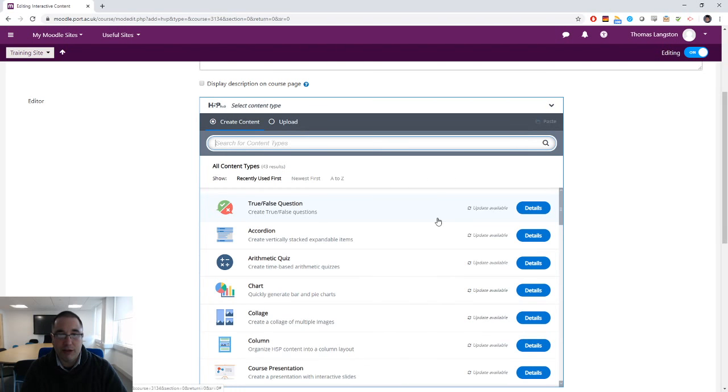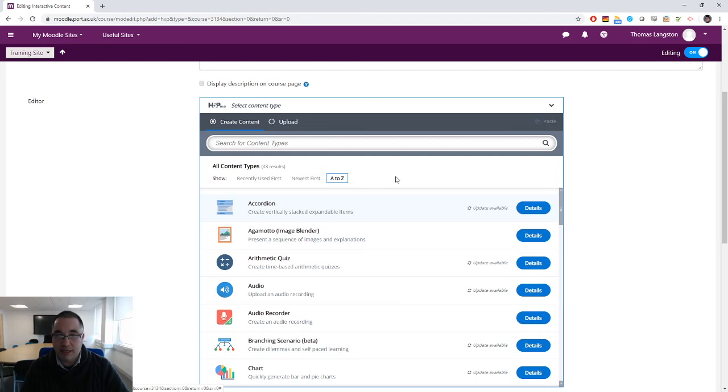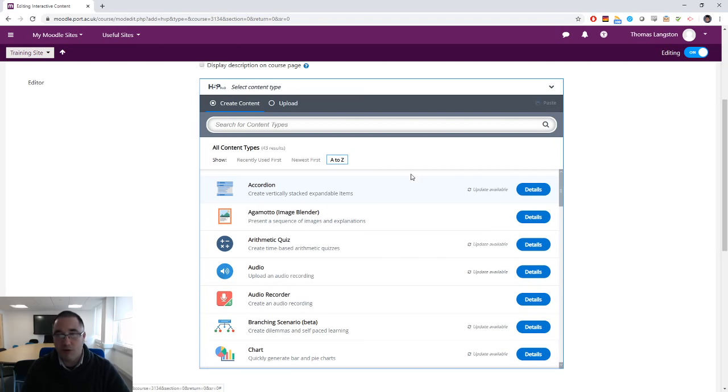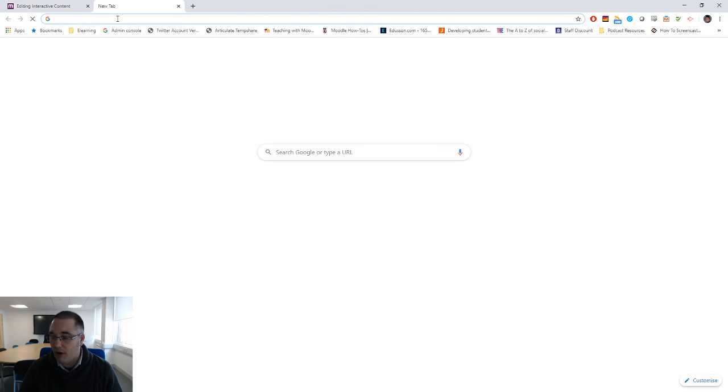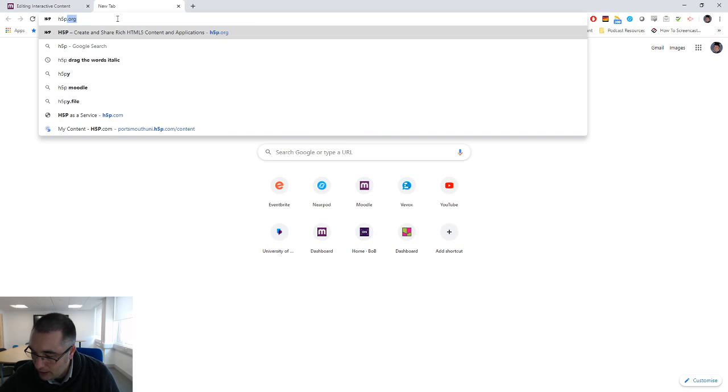So I'm just going to do create content, and what I'll do is set it to A to Z, and I'm going to go through this and work through what they are, and I will then try and set up one of the resources, just to show you the H5P environment. And the good bit is there is lots of tutorial stuff on the H5P website, which I will do now just to highlight that H5P